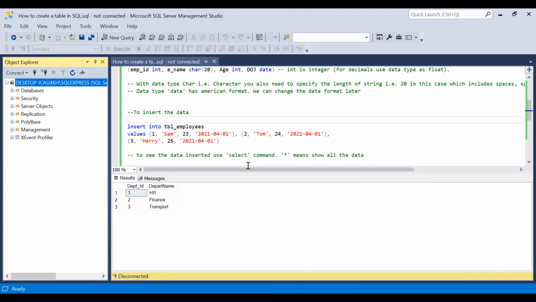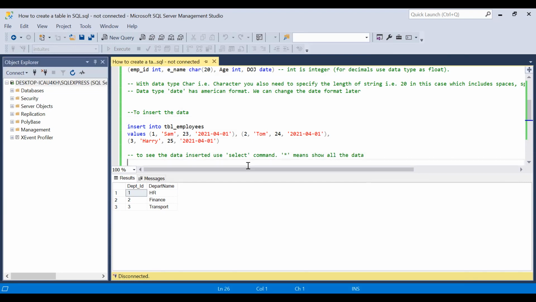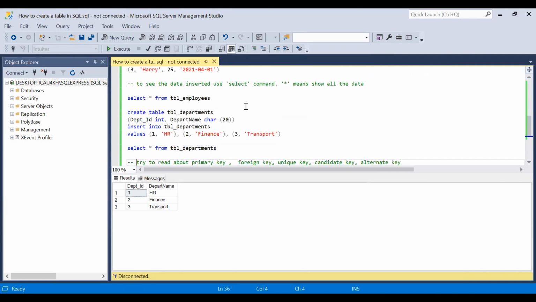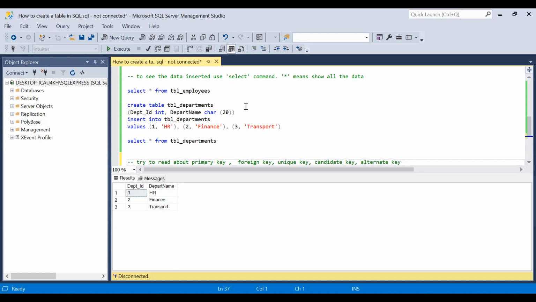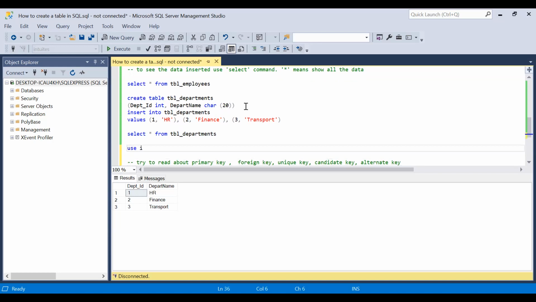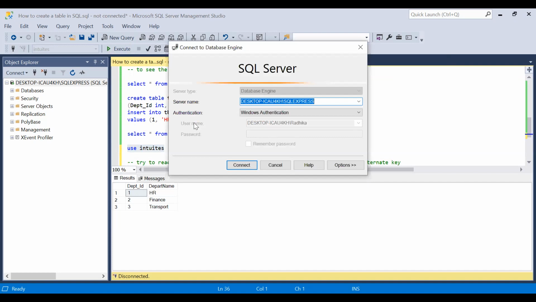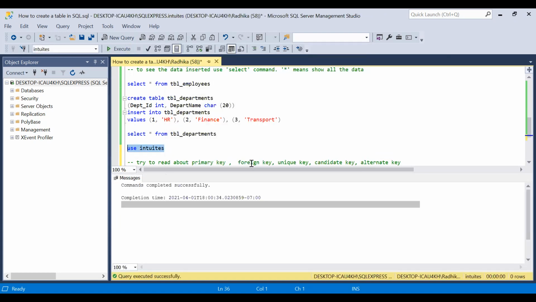Okay, so now click inside the query and write a simple query: use Intuit, the database. Now we just execute this. You have to connect it again. Click on connect. Yeah, done. Okay, thanks.